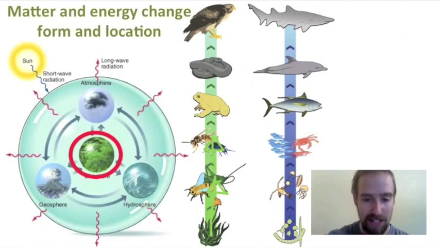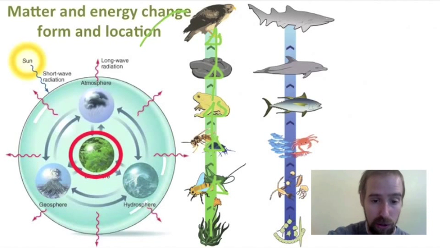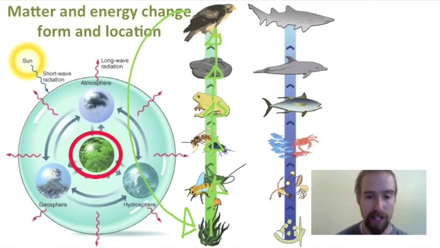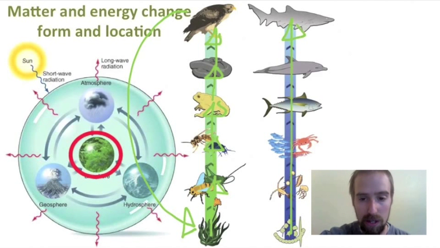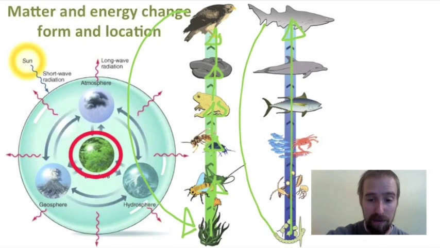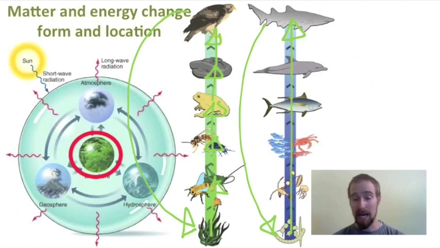Insects are going to pass that matter on to organisms on the next level of the food chain, and so forth until it gets to the very top. And that top predator one day is going to die, and decomposers are going to help it to return those nutrients back down to the bottom of this system. And the same thing happens in aquatic and marine ecosystems as well. Matter is passed from the bottom of the food chain to the top of the food chain, and then from the top of the food chain back down to the bottom of the food chain when those organisms die.